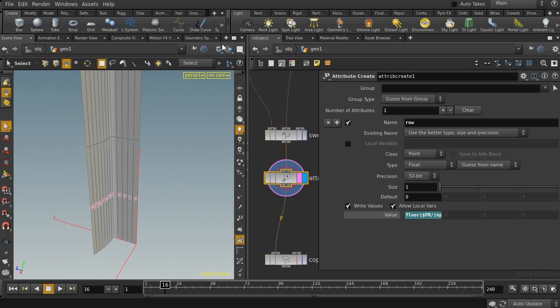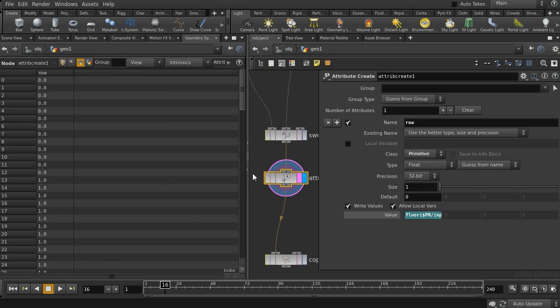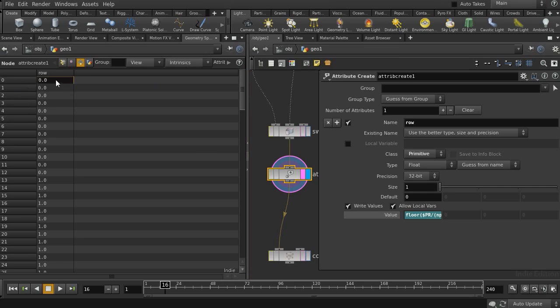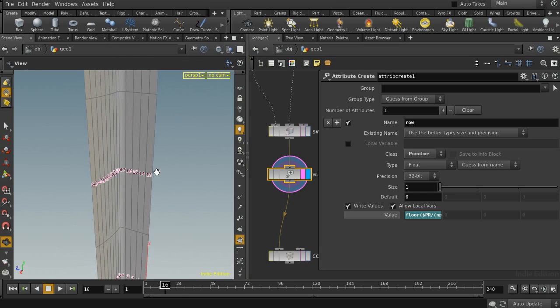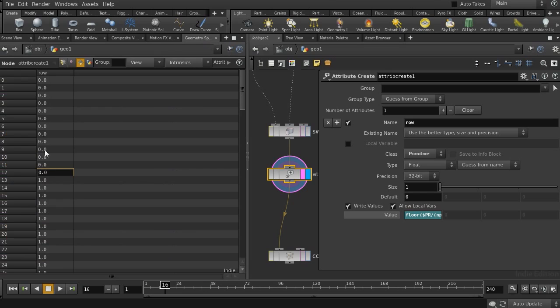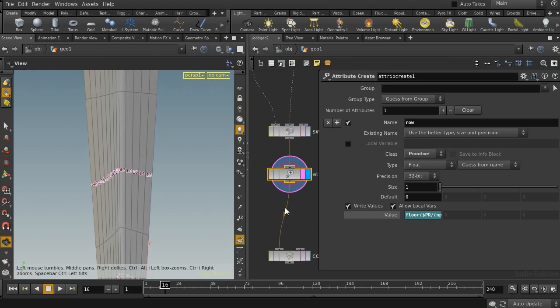and now if I go to the geometry spreadsheet, of course this attribute should be a primitive attribute, you can see that the value of this attribute for primitive number 0 to primitive number 12 is 0, which means that they belong to row number 0, and from 13 to 25 they belong to row number 1. Okay, so